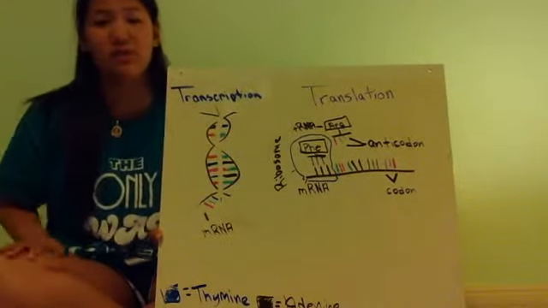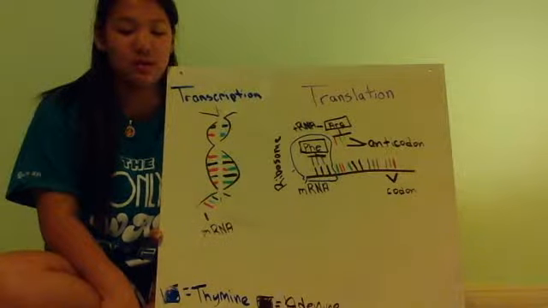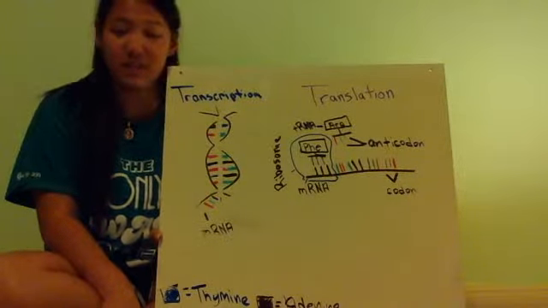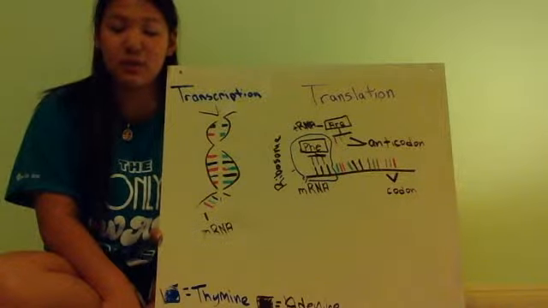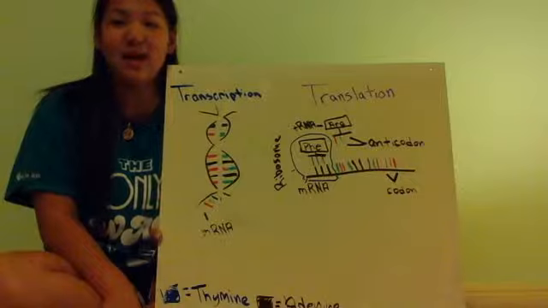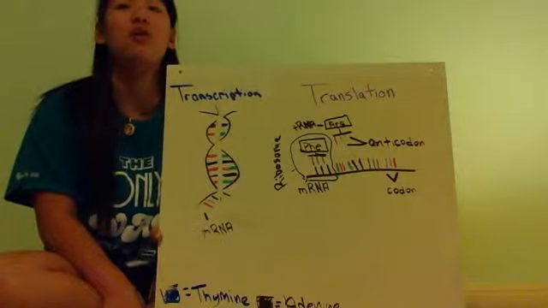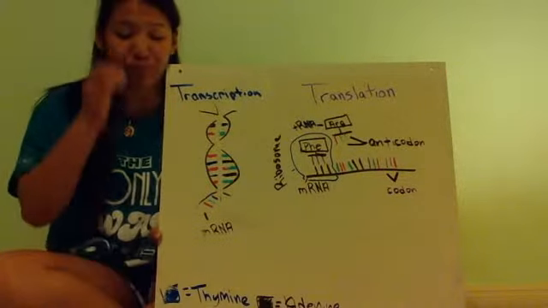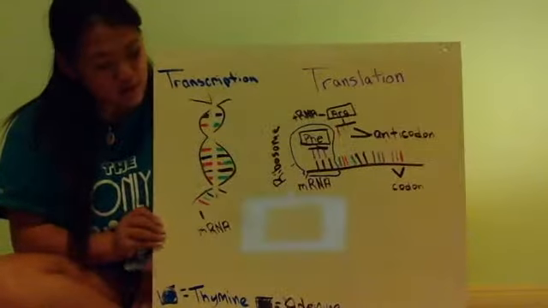Before we get any further, I should probably explain the difference. There's DNA and then there's RNA. DNA is deoxyribonucleic acid, and RNA is ribonucleic acid. So there's a difference. Next up,